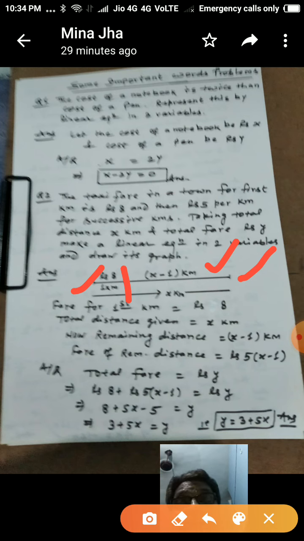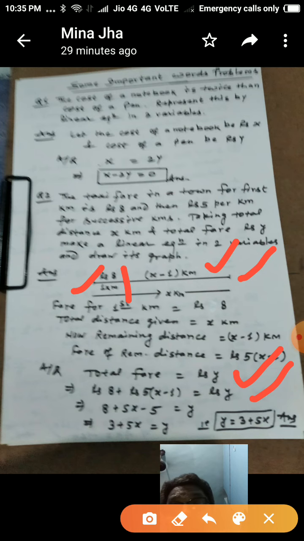So for the remaining distance the fare will be 5 into x minus 1, while for the first kilometer the fare is rupees 8. Now according to the question we take the total fare. So we write here total fare equal to y, given, and just adding these two fares, we get the total fare. So it is rupees 8 plus rupees 5 into x minus 1, and this total is equal to